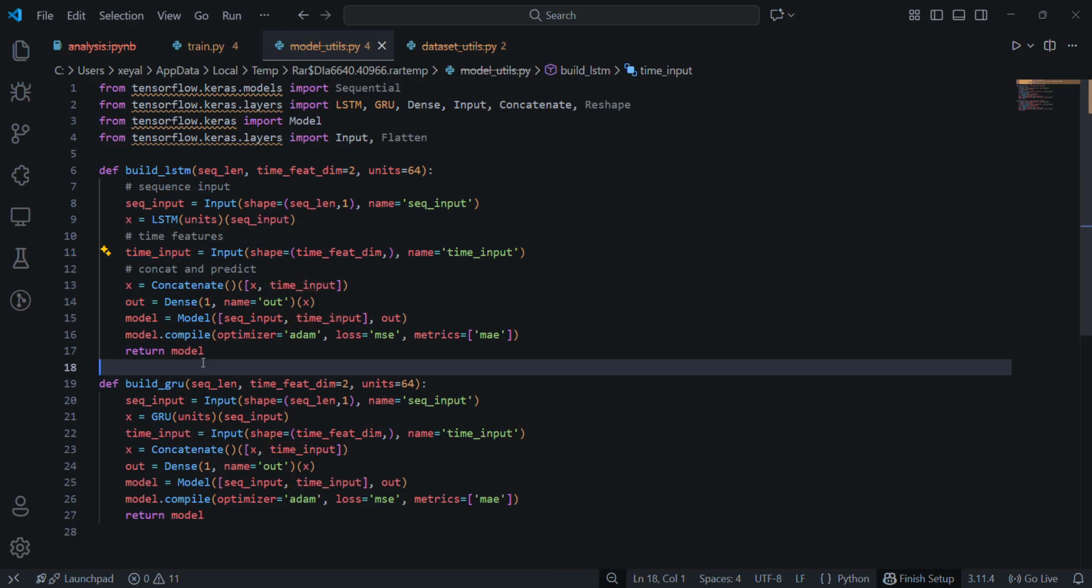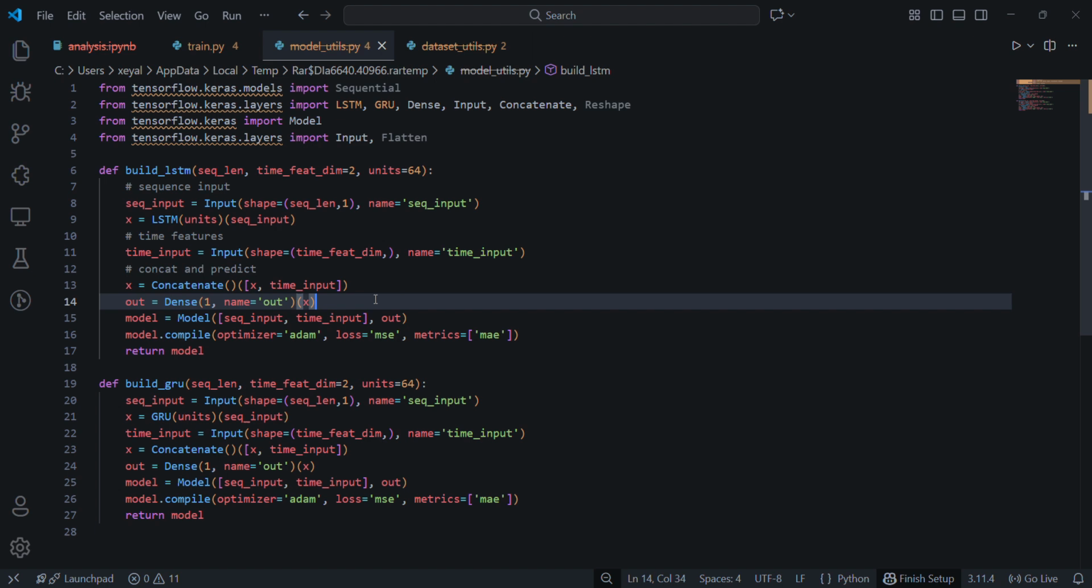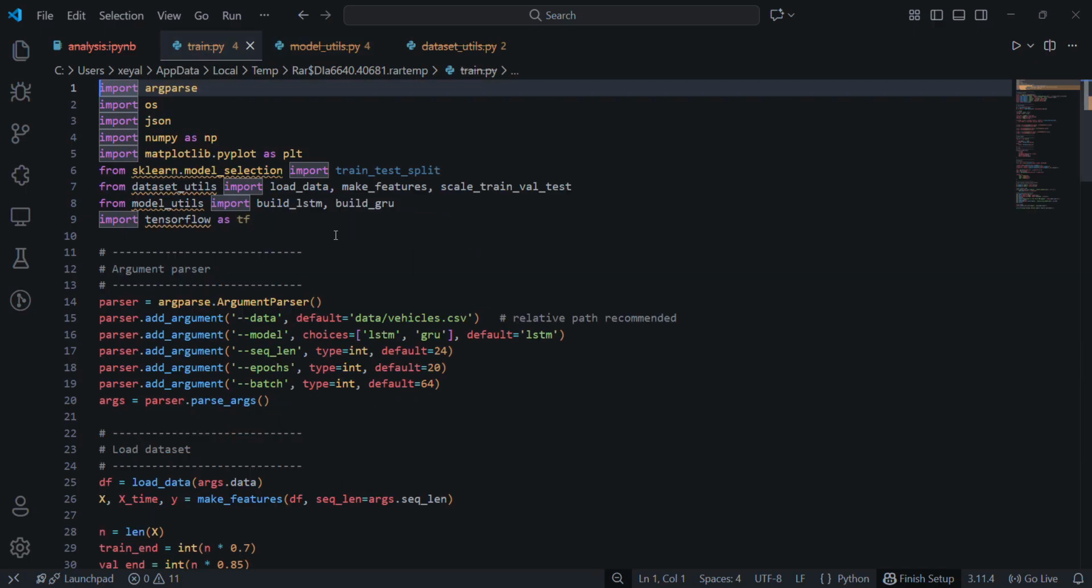So we have the output dense layer. The explanation: it outputs one value, and this value is the predicted vehicle count. And we have finally the train file. The concept is that the train file connects everything together. So it loads the data, prepares features, builds the model, trains it and evaluates it, and also